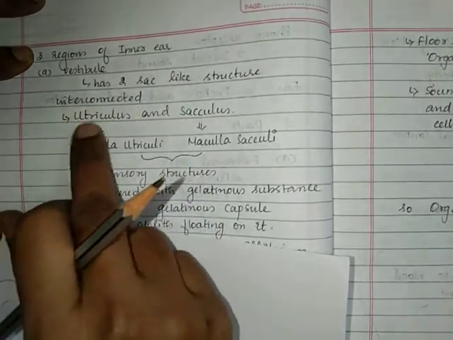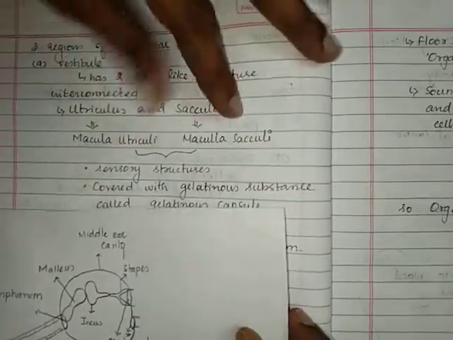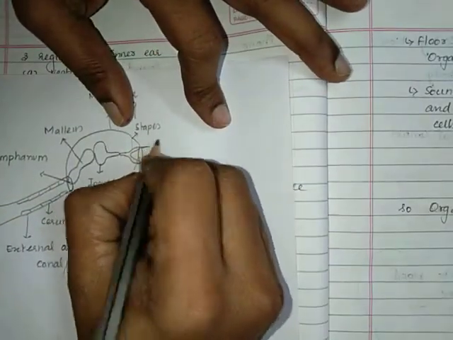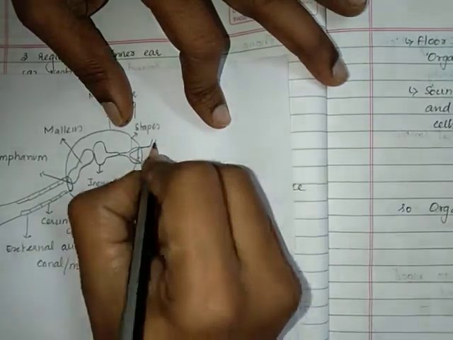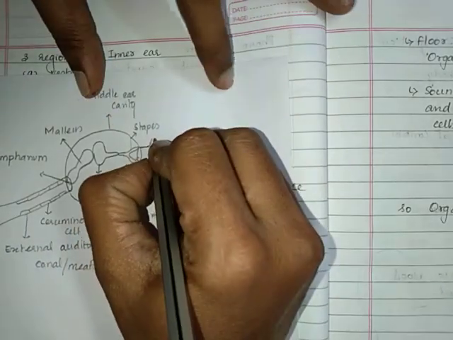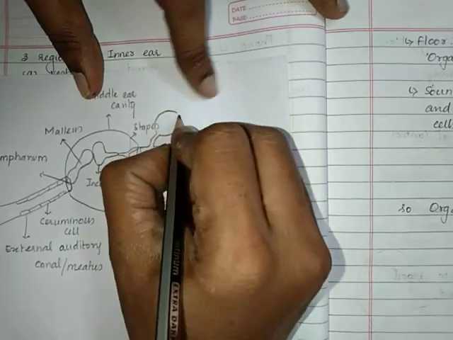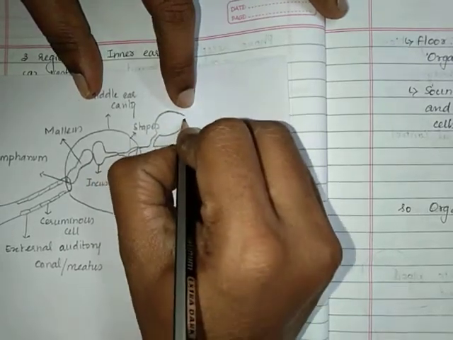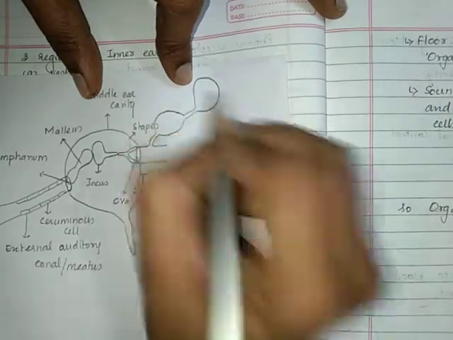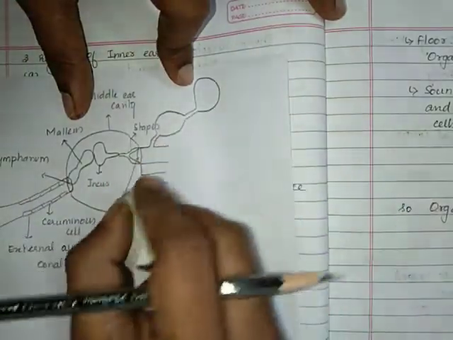Those 2 sacs are called utriculus and sacculus, and this is connected to the cochlea region actually. So it is going to be the vestibule region, which is going to be the first part. So I am just drawing the vestibule part alone. The vestibule part is going to be made of 2 sac-like structures that are interconnected to each other. So these interconnected sac-like structures are called the vestibule part.